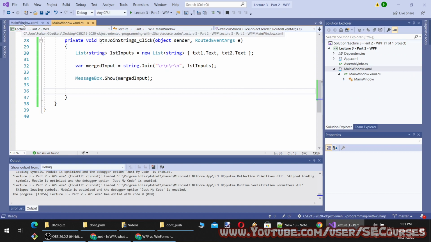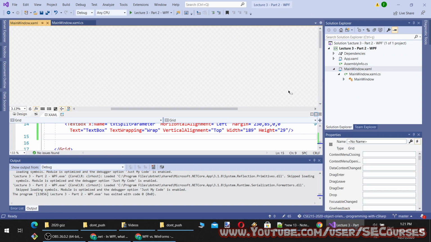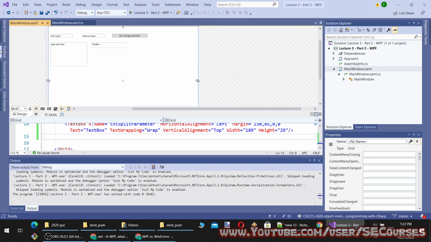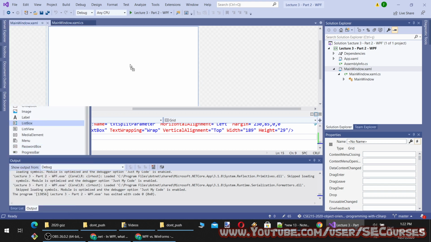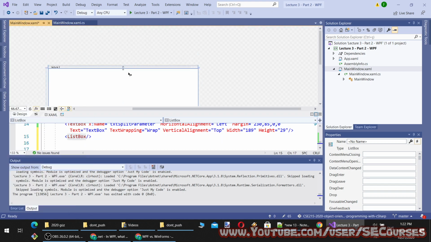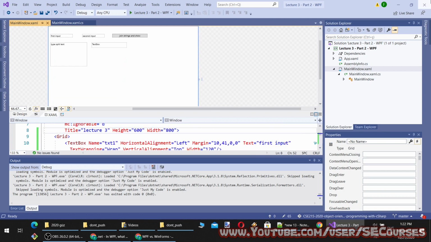Okay, then good. Let's reopen the application and see whether it fixes or not.